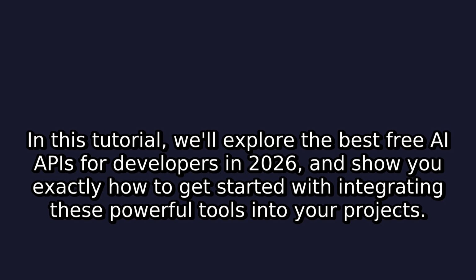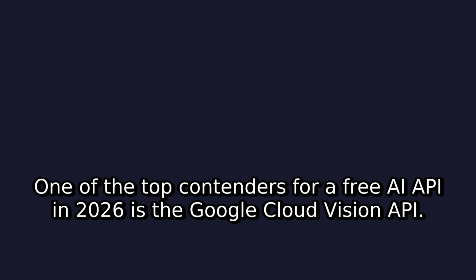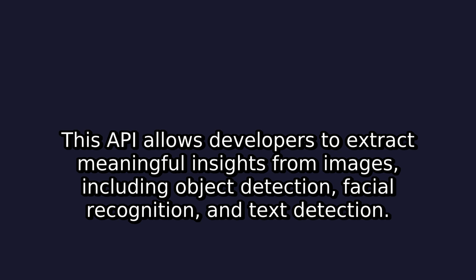One of the top contenders for a free AI API in 2026 is the Google Cloud Vision API. This API allows developers to extract meaningful insights from images, including object detection, facial recognition, and text detection. By integrating the Google Cloud Vision API into your project, you can automate tasks such as image classification, object recognition,